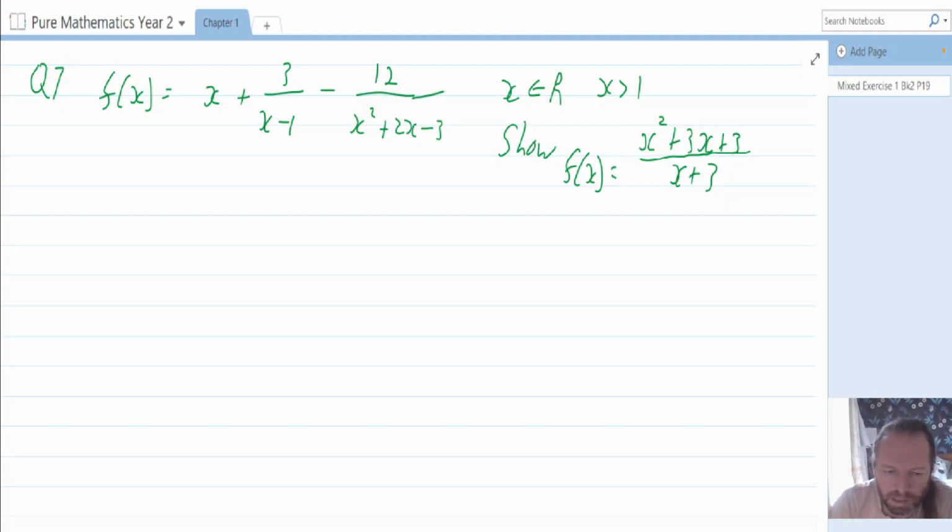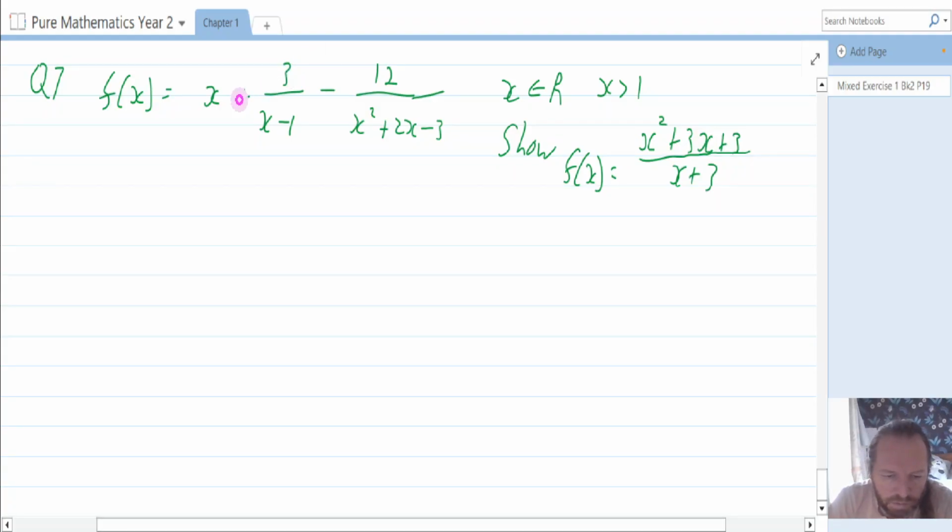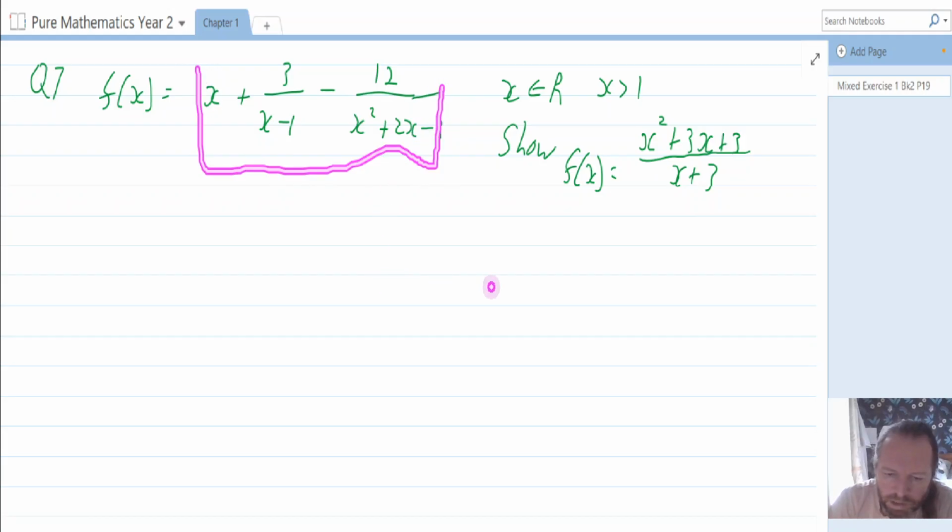Probably to stop the divide by 0 over here, which would mess things up. Show that f of x is equal to the quadratic (x² + 3x + 3)/(x + 3). So long and short of it is we've got to play around with all of this to make it